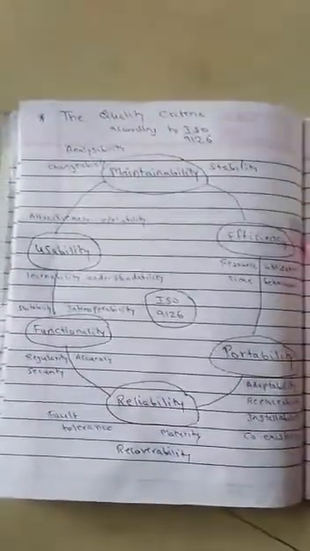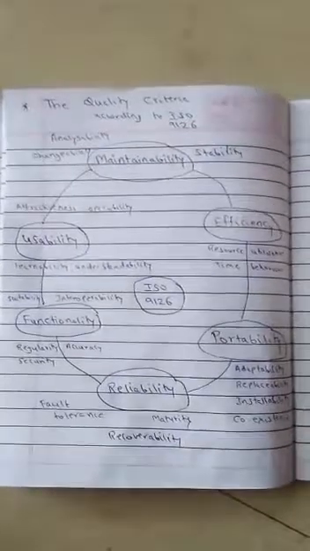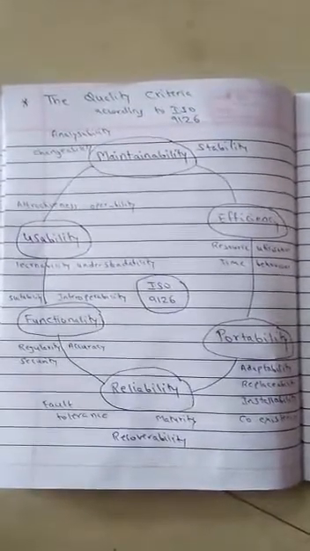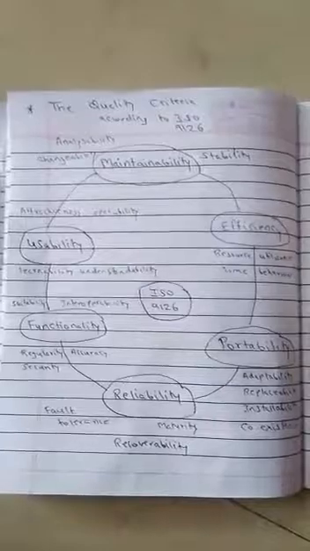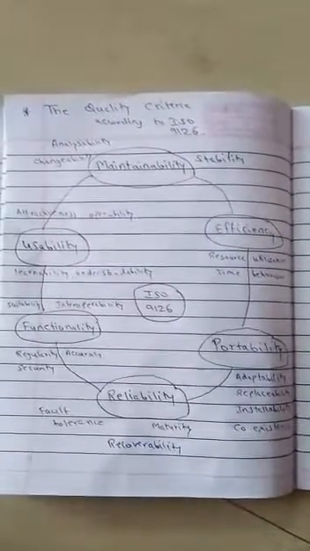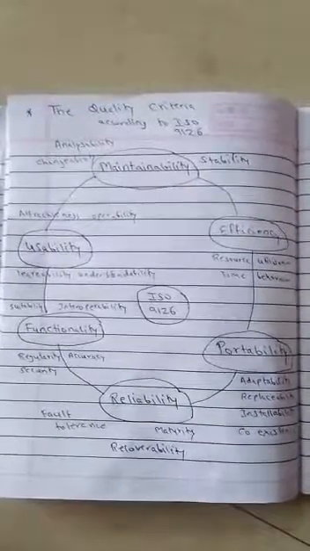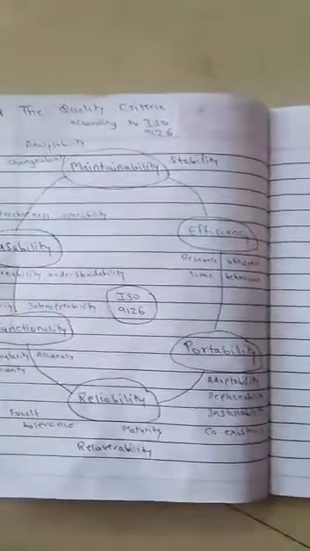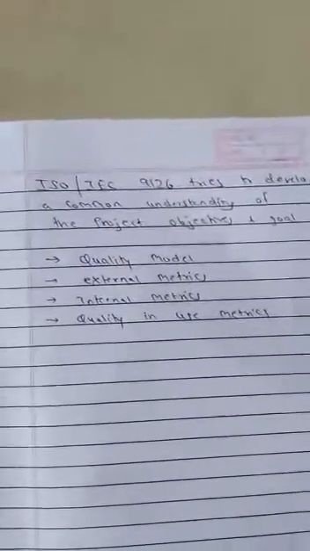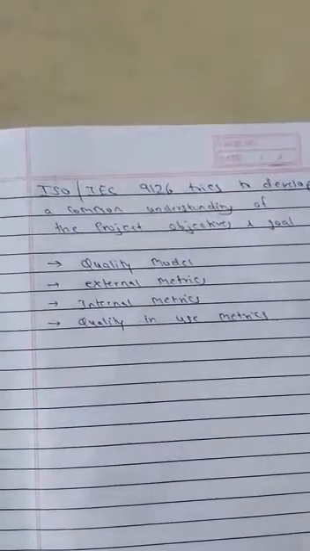Good morning, students. Today we will learn the topic called quality criteria according to ISO 9126. To understand this, first we have to define why ISO 9126 has been defined. There are four parts by which we have to learn this. The main is to understand the objective and the goal of your software project, meaning for what purpose we are developing the software projects.